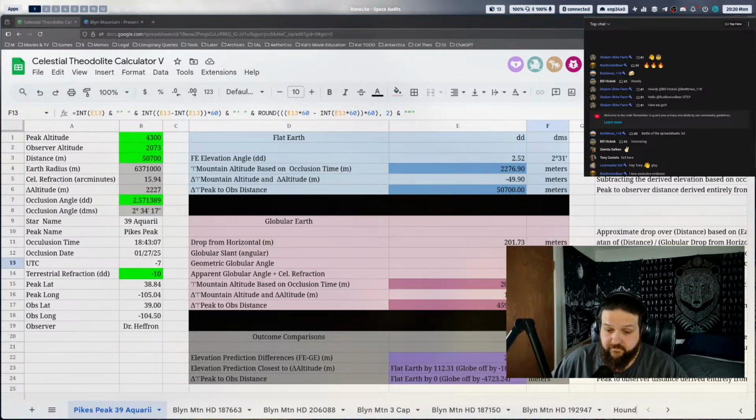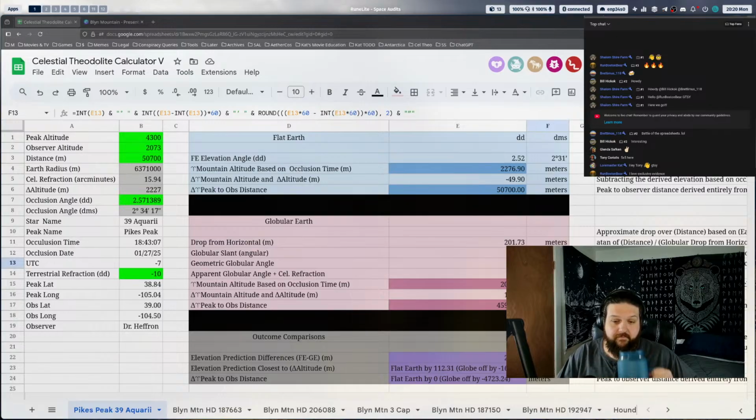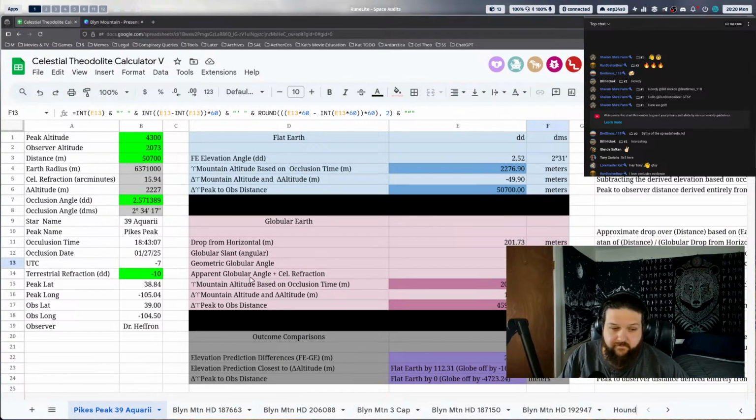Right. So ignore the stars just for a minute, right? If I go to Mike's house and I want to know the elevation of Pike's Peak, I measure an angle to it with an actual theodolite, and it measures 219, right? I know the distance to it. I have to account for refraction, so I take off 2 arc minutes. So the true angle is 217. I know the distance, therefore I know how much drop to expect. So I've got to take that off the expected height of the peak, and from that I can calculate what the actual height of the peak is.